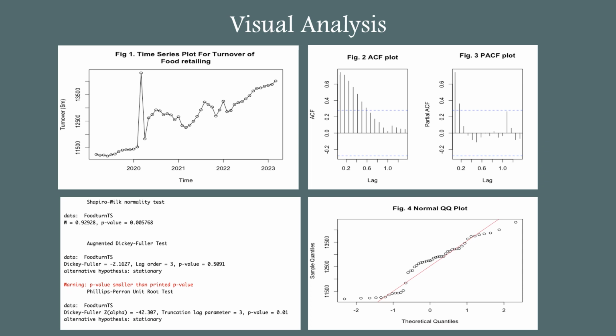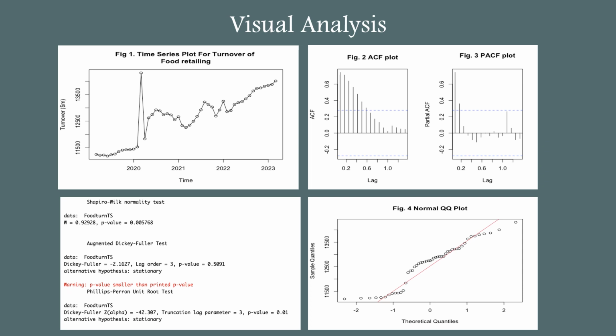As seen in the plot in figure 1, the plot shows an upward trend and no repeating patterns, and hence there is no seasonality. There are some fluctuations which indicate that there are slight changing variances. The plot shows an autoregressive behavior as the points tend to follow one another. A change point has been observed in the first half of the year 2020, after which we see that there